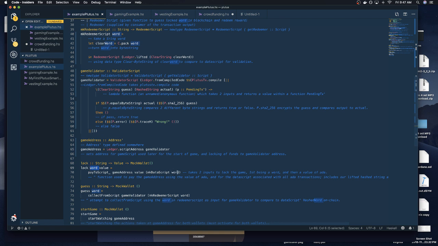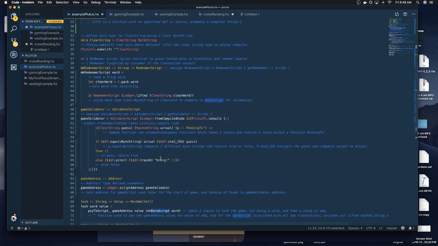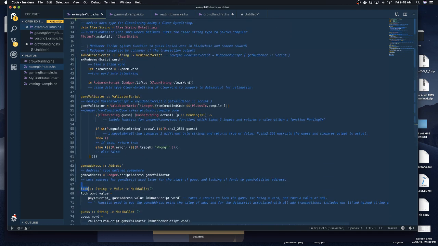So your data script could just say data script and then nothing, like how this is explained right here. In data script, it could be a blank data script with nothing in it. But now in this case, it's a smart contract. So it has the word that it's going to use. It's going to hash this word, and it's going to lock it inside of the smart contract, basically